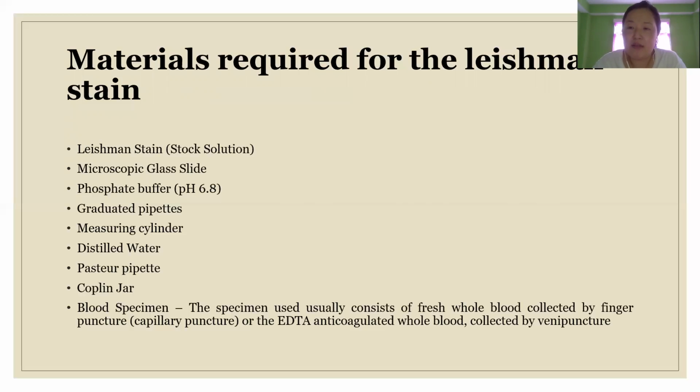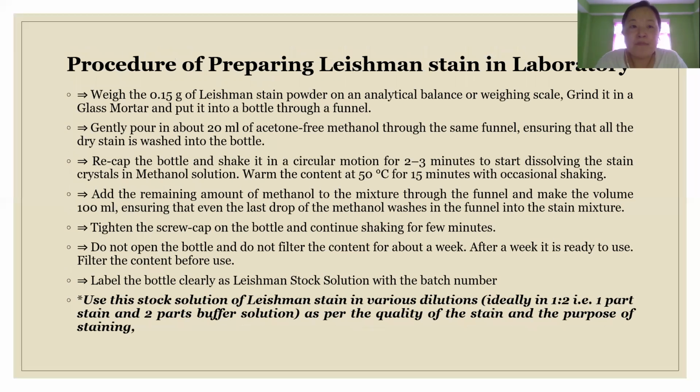So in the capillary method, you just have to take a finger prick, take one drop of blood from that particular area, and make a smear. Similarly, if you do the venous method, you collect the blood sample in EDTA, an anticoagulant commonly used in the hematology laboratory, which has a lavender color cap. From there you can use one drop of blood and make a blood smear. Okay.